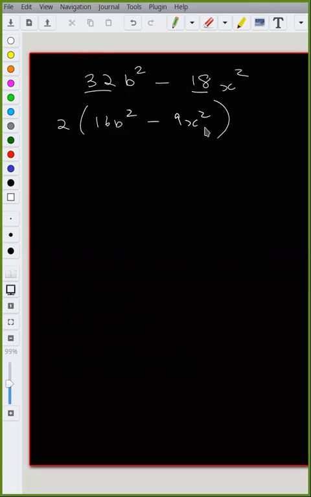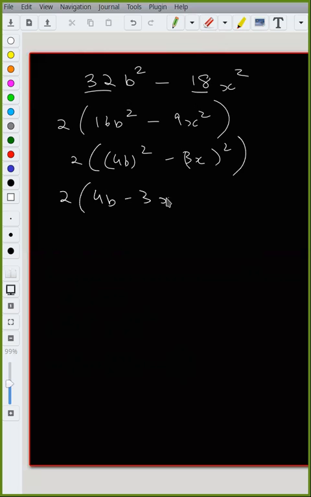Now I can make this as difference of two squares. So if you had not taken this out, this would not come as a difference of two squares, right? So that's why I always go the first step. First common factors, then grouping, then rearrange and grouping. If not, then the identities. So now we can write this as 2 into 4b the whole thing squared minus 3x the whole thing squared, which is nothing but 2 into 4b minus 3x into 4b plus 3x, right? So you see the common factors comes out first always. Even if an identity, you can somehow apply it.